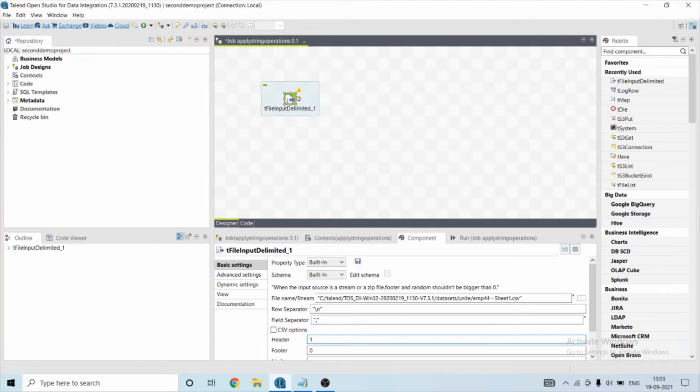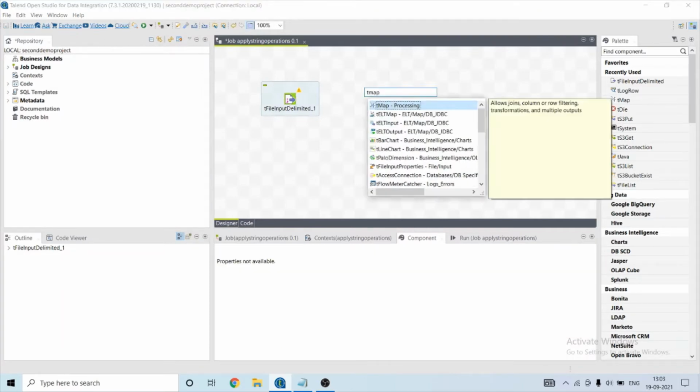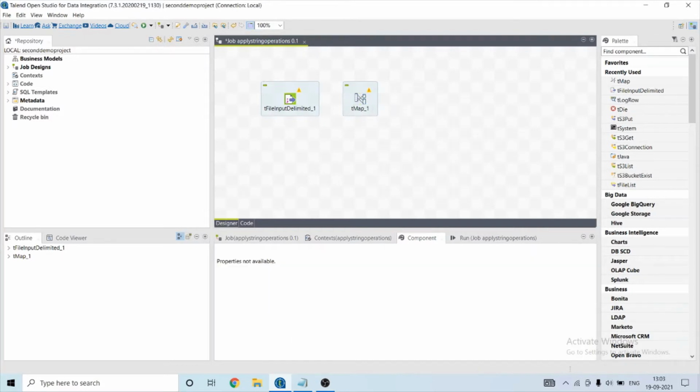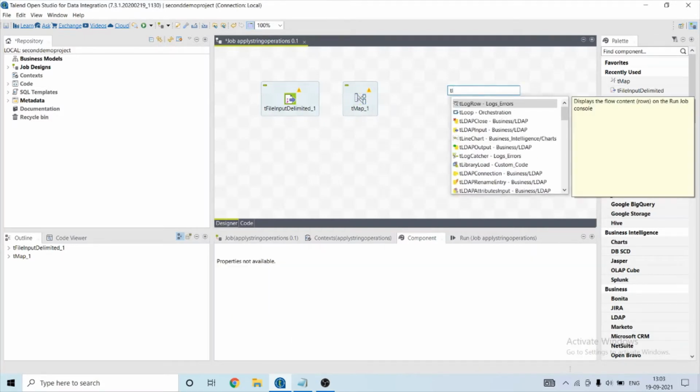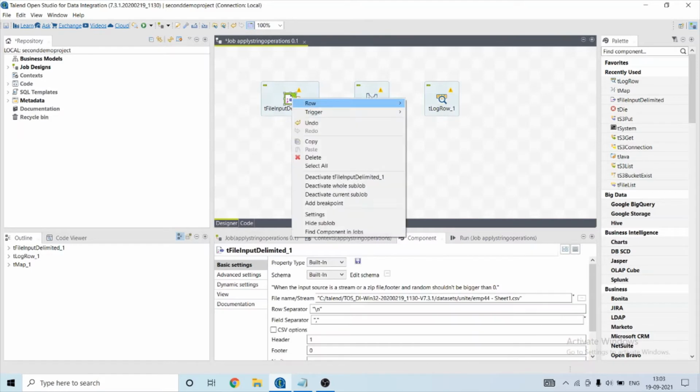All seems okay. Let's first connect to the tMap component, and I'm gonna print its output using a tLogRow component. Let's connect it.